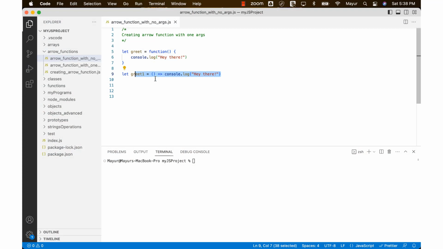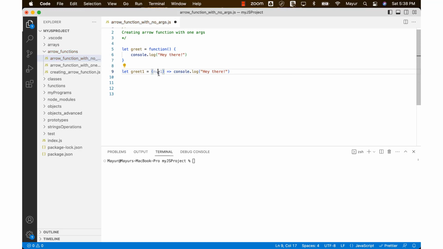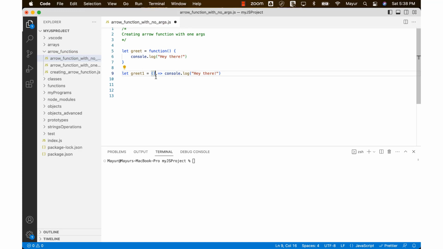But then you will say, in the previous session, when the function had only one argument, we did not need the brackets. In this case, when the function has no argument, should we also remove this and just keep it like this? No. We need these brackets for the arrow function,